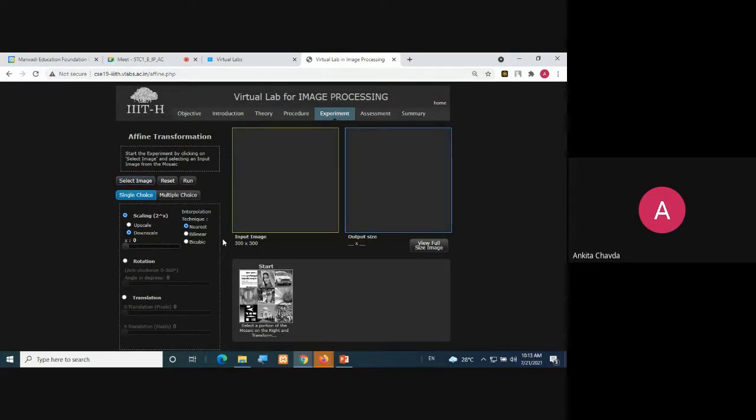Now here I already said that scaling means zoom in, zoom out. We have known pixels, suppose only 300 cross 300. That is my input image. Whatever I choose will be 300 cross 300 pixels. Now I want to zoom in by 1x. That means it will now have around 600 cross 600 pixels, but I know only about 300 cross 300 intensity values.